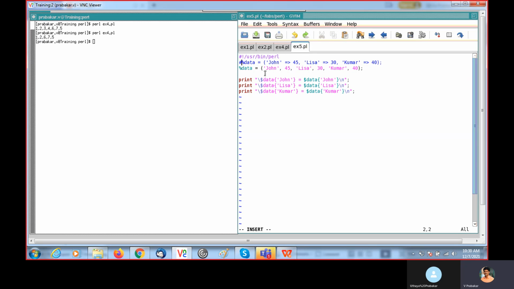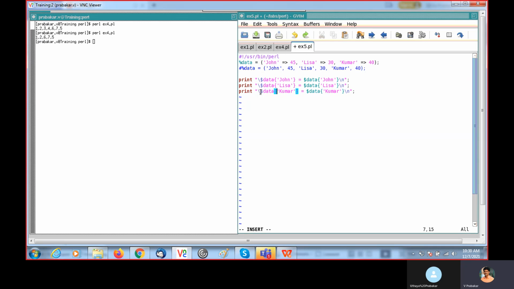Or you can use this way: you can use the key and using this equal to greater than, the corresponding value for that key, comma, then the next key and corresponding value. Here I am just printing the value of each key.